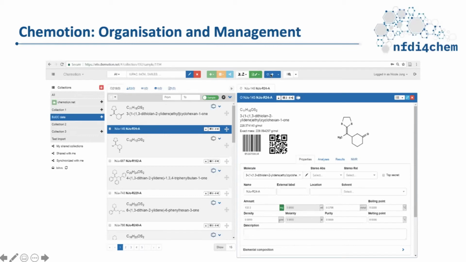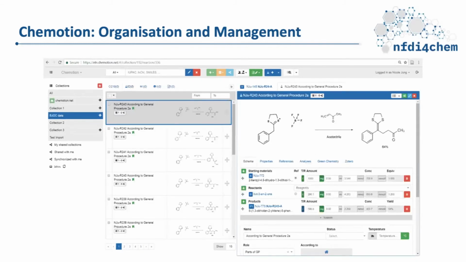And once you click the plus sign, you can add in details about the small molecule by using an online molecular editor, or you can key in the molecule name or the InChI keys or all the specific details of the individual molecules. These molecules can then later be used in order to document reactions, wherein you can specify